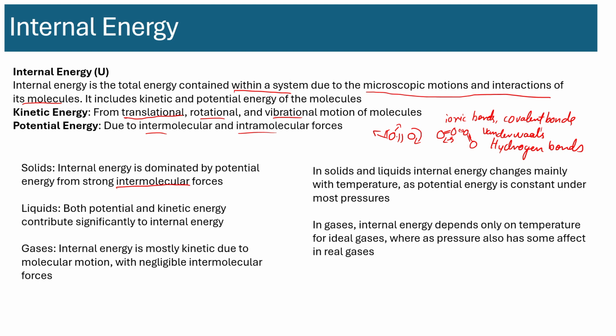As you heat the solid, the kinetic energy modes start becoming important. The molecules start moving a little bit, some of the bonds between them break, and they are able to move and become liquids. The solids melt. So now you have both potential and kinetic energy. And as you heat it further, you become a gas, and it's mostly kinetic energy due to molecular motion